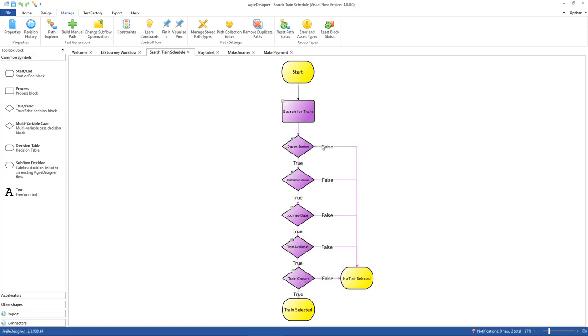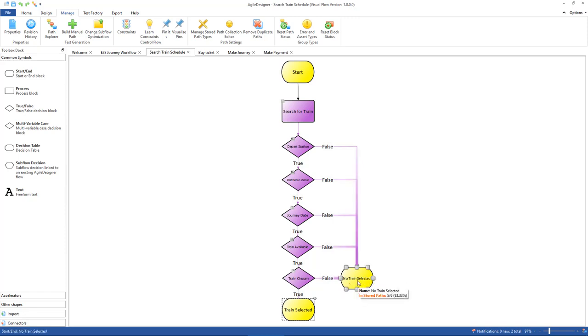So at each stage we can kind of bail out. So we might decide not to pursue this at all, not even look for a departure station. Destination station, journey date, in effect these are all validations. At this point, the train available, yes, no. If there is a train, then I can choose it, yes, no, train selected. Now all the other options to bail out or where there's an issue, we have no train selected as an